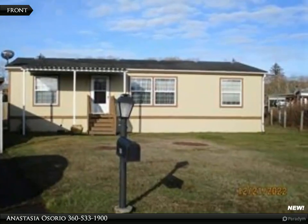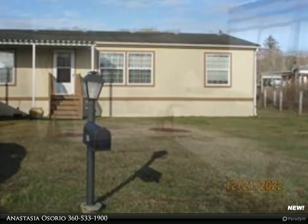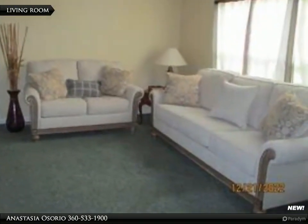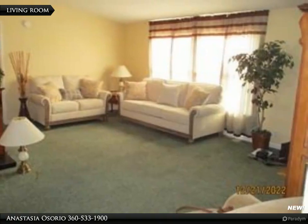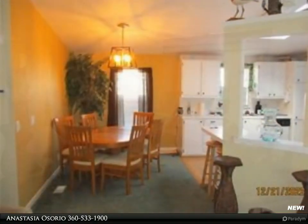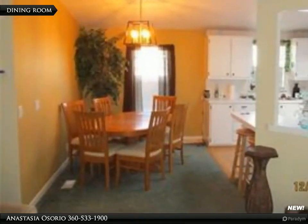Beautiful 3-bedroom, 2 full bathroom manufactured home in Leisure Manor 55 Plus Park. This home has a wonderful view from the front-facing windows. There is brand new Hardie Plank siding all along the exterior of the home and a nicely landscaped yard to enjoy. This home is equipped with a huge laundry/utility room, a new partial roof, newly painted cabinets and interior, and